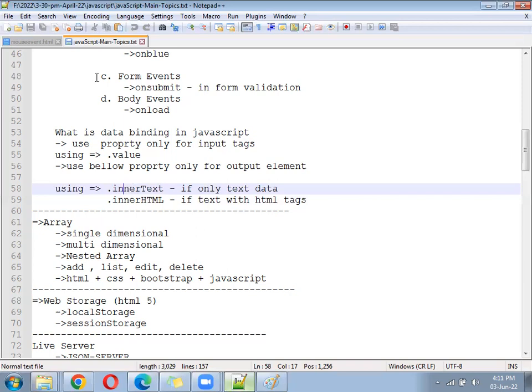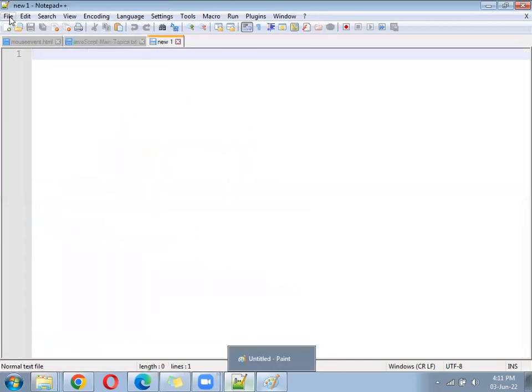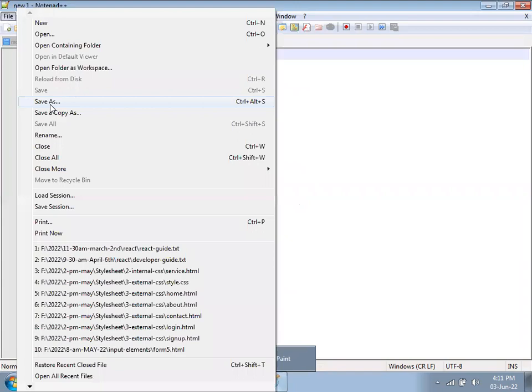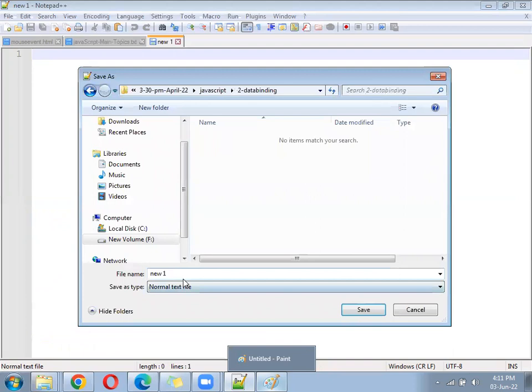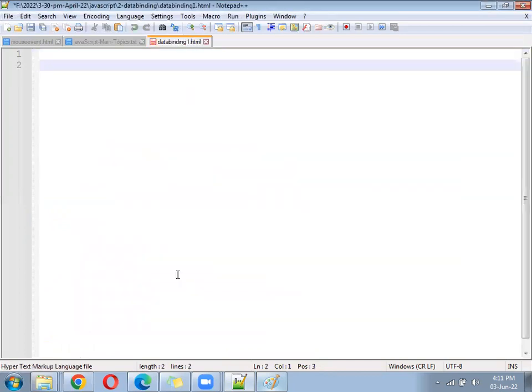In which folder? Yes, data binding folder. In the data binding one.html file,